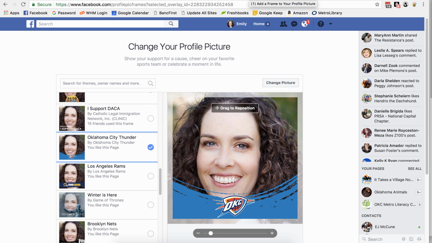In this video, we'll learn how to create a profile frame that you can add to your Facebook page that will allow users on Facebook to use that frame on their profile pictures to show support for your organization, for an event, for whatever cause you'd like to promote. To see what I'm talking about, you can go to